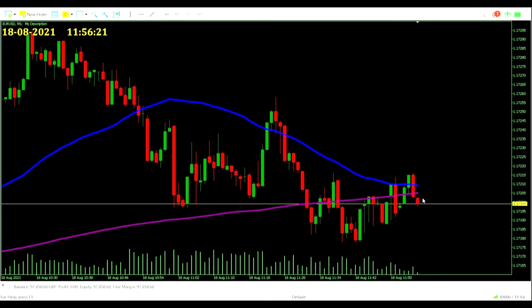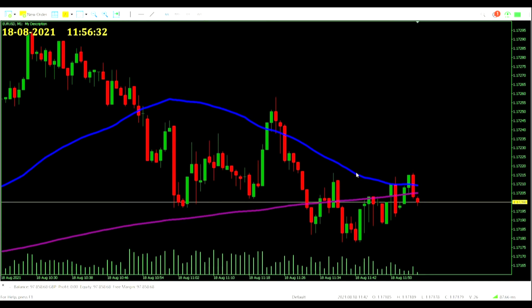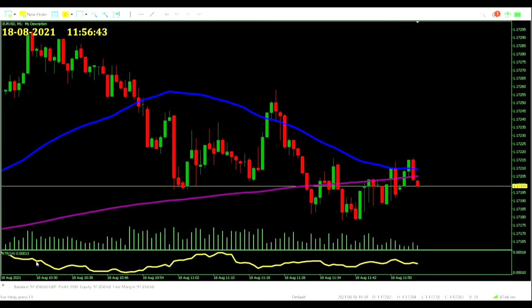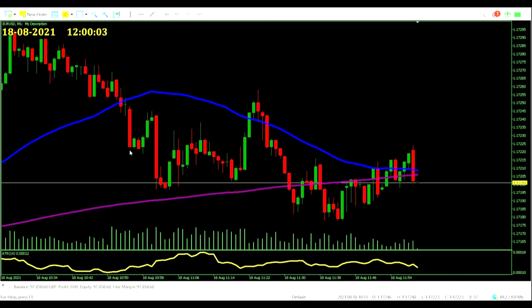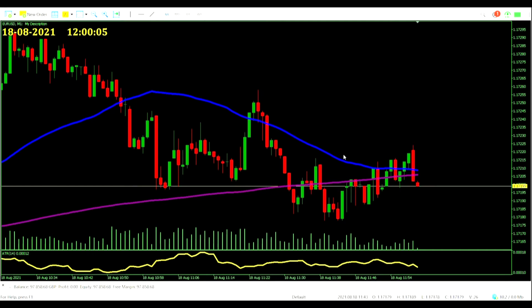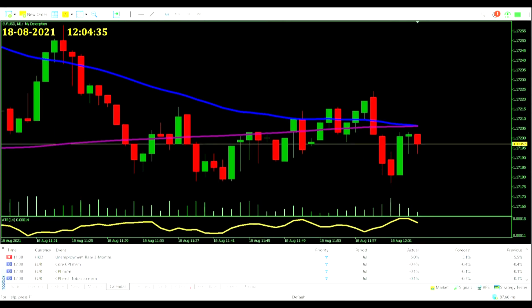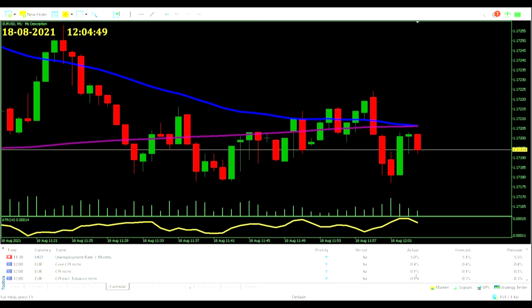Just a few minutes before these Euro CPI numbers are released, price has been hovering between the 50 and the 200 lines, which are getting very close together and still getting tighter. I'm going to pull up the ATR just so we've got that ready. And there it is, currently showing us 1.3 pips, or 1 pip 3 pipettes. Here come those Euro CPI numbers as the lines get ever closer. We got core CPI predicted at minus 0.4, and it's come in at minus 0.4,